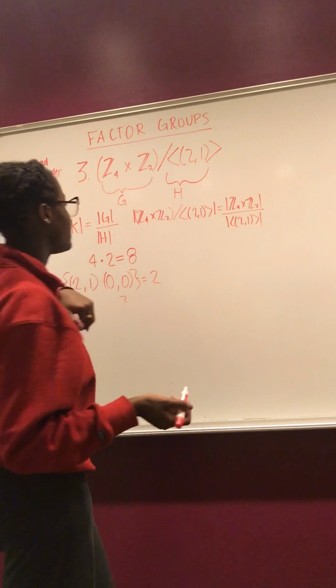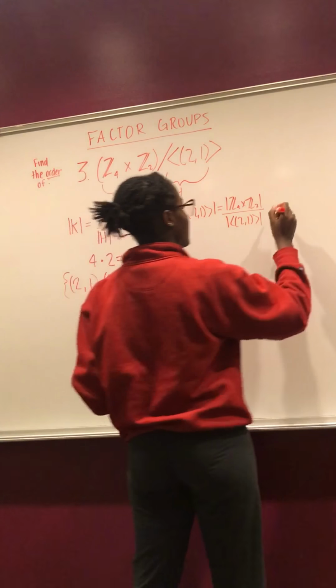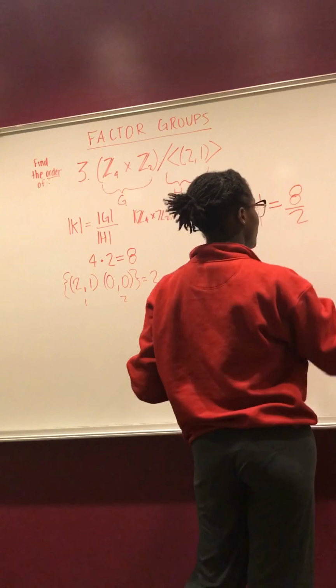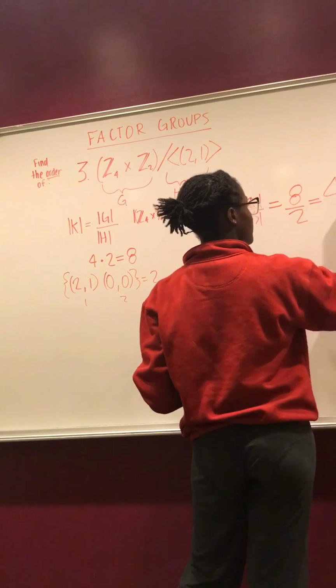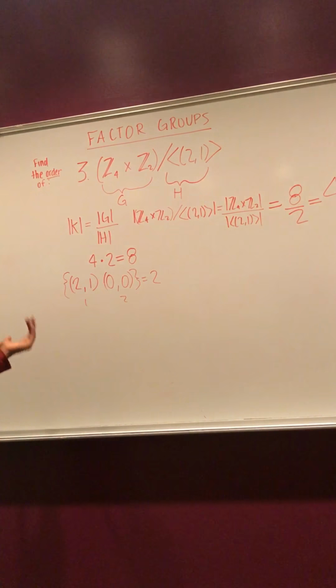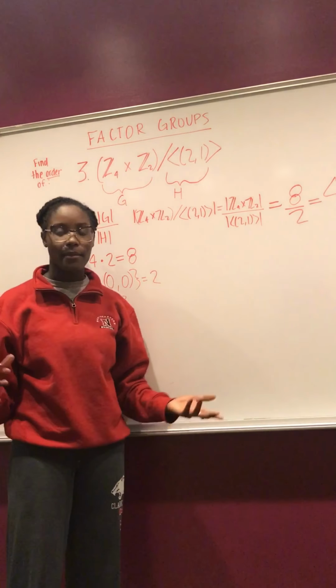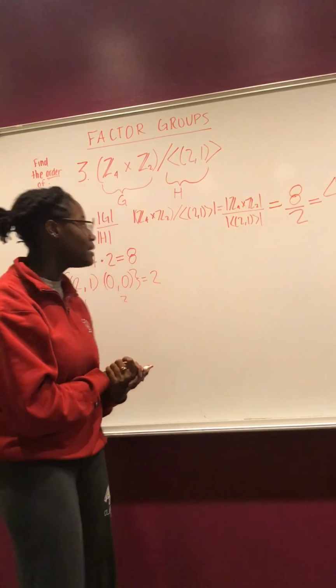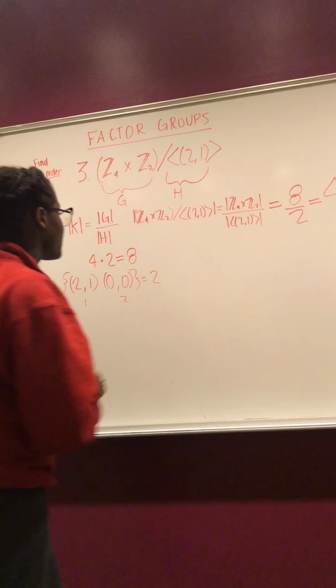And based on this definition, this is our K, which equals 8 over 2. Thus, the order of this group is 4, but we're not going to stop there. I'm going to go ahead and write out the elements for you. So to do that, we take our H,